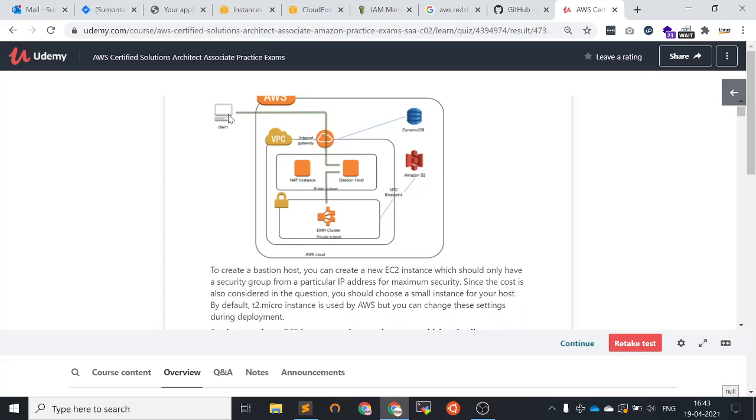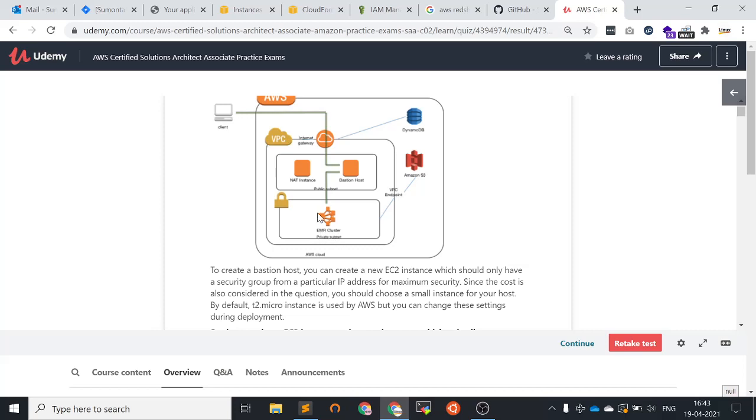So from outside, the client can access the Bastion host, and it would be in the public subnet, and only these public subnet servers are allowed to connect to the private subnet servers. In the private subnet we may have database servers. Here it mentions the EMR servers, clusters, as it is.